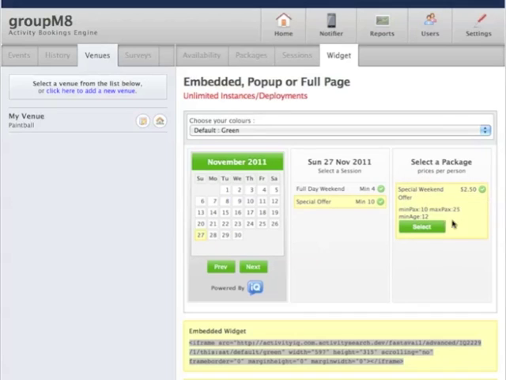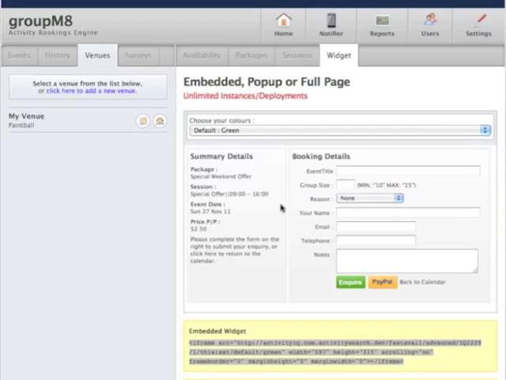So if we click on that to get more information on the package, we can see that the minimum people required is 10, maximum is 25, and the minimum age is 12 years old. So let's select that. Come through to the inquiry form or booking form, and we've got the summary here, so the customer can see exactly what it is that they've selected and confirm that that's all okay, and the form for them to fill in their details. Now they can name their event. This could be Bob's Stag Party,